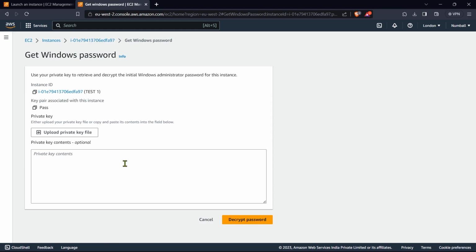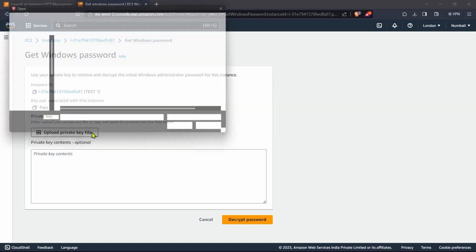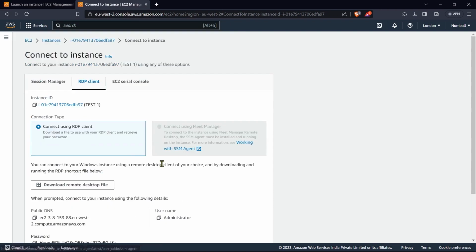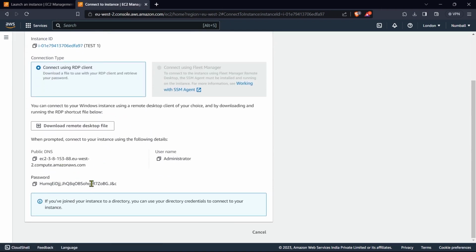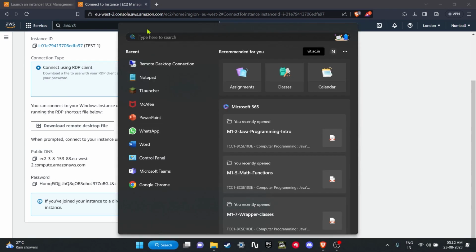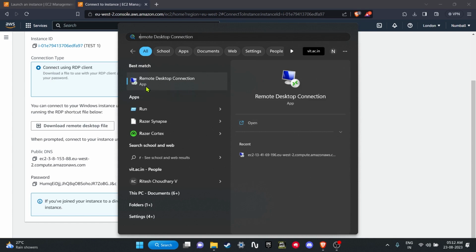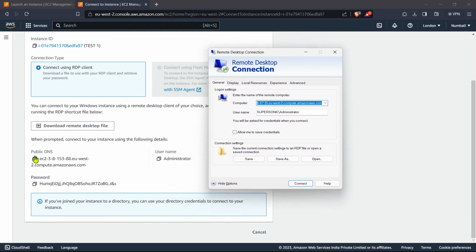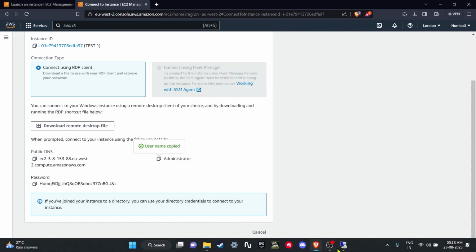Since we have the encrypted password saved as a .pem file, we'll have to decrypt it using this, which is already provided by the AWS service, and we'll decrypt the password so that we have gotten it. Now to launch the instance, we'll have to go into this remote desktop connection that is normally already built into most Windows systems. So once you have come here, you'll have to go to show more options and then copy this username,